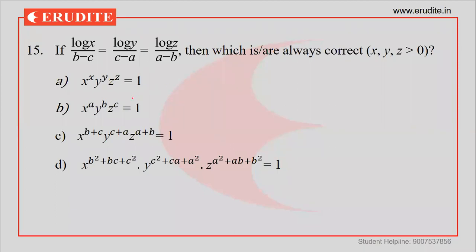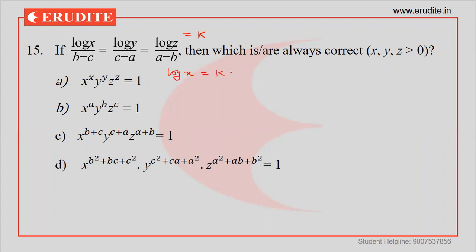In this case, we have received some terms containing powers of x, y, z on the xyz itself, abc itself, and some values of a and b, a, b, c. So let me assume all of these equal to k. Now, we can adjust in a different way. If I want to adjust first, log x